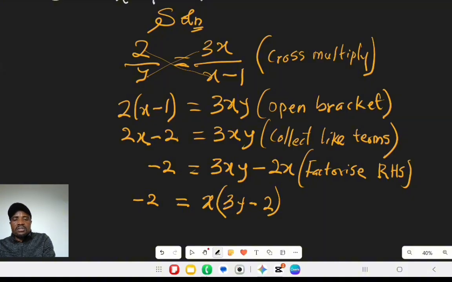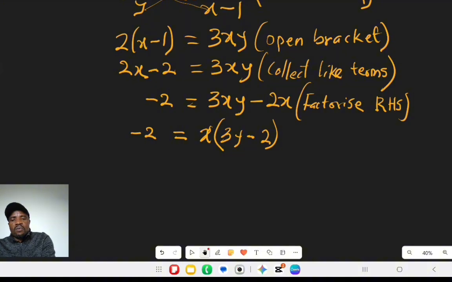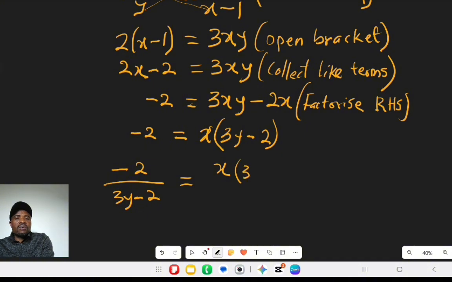To make x the subject of formula, we divide by the coefficient of x, what is attached to x. That is, we have minus 2 all over 3y minus 2 equals x into 3y minus 2 all over